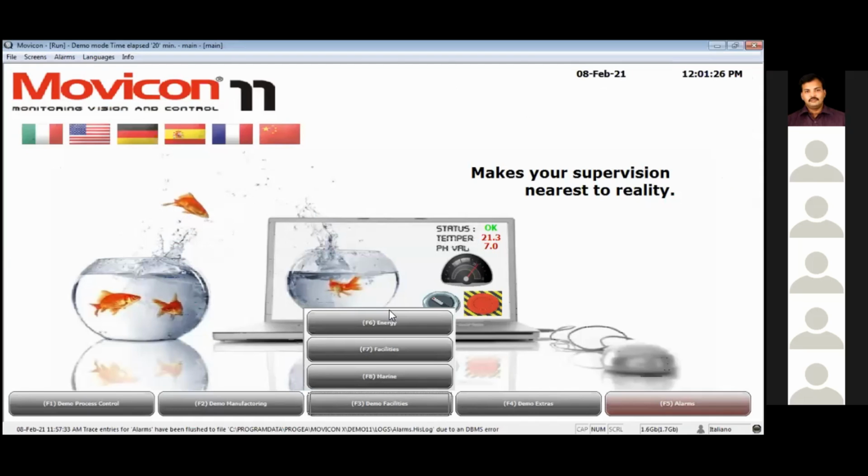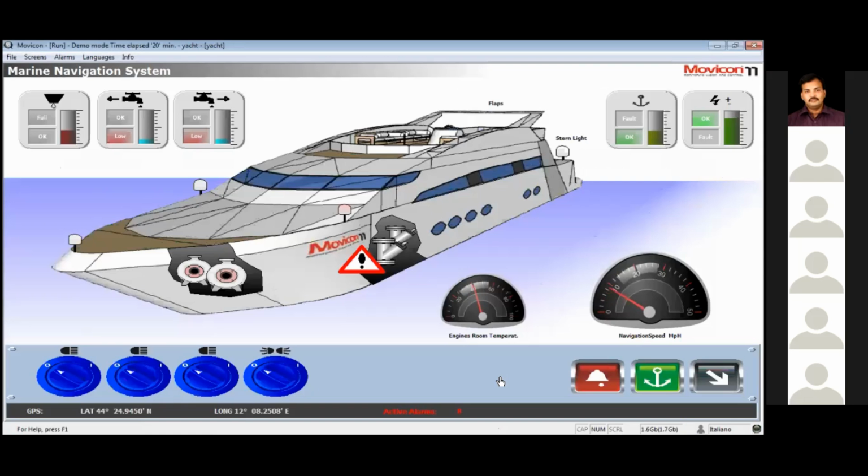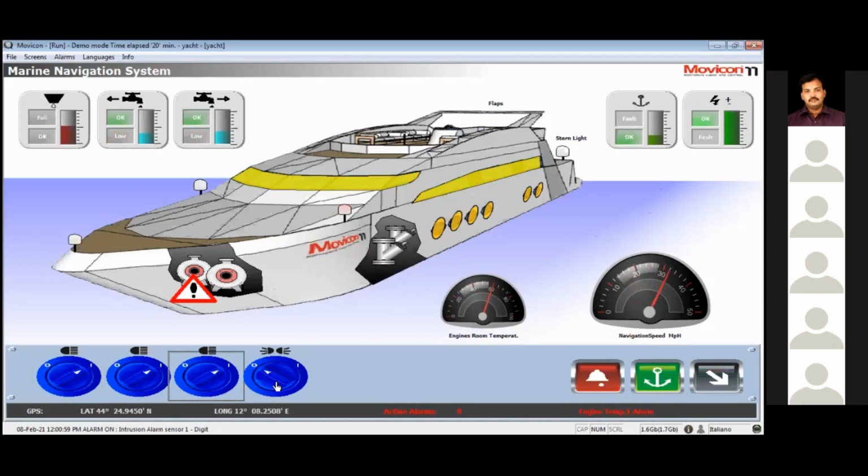Next vertical is marines. So marine is a major sector. Most of the marine systems used after 1995 are completely with SCADA platforms. Even a small cruise will be compatible with SCADA also. Larger cruises, ships and public ships are majorly using this kind of SCADA platform, which is available for lighting systems as well as control, fuel level, as well as